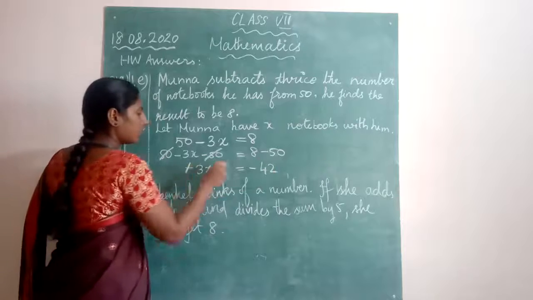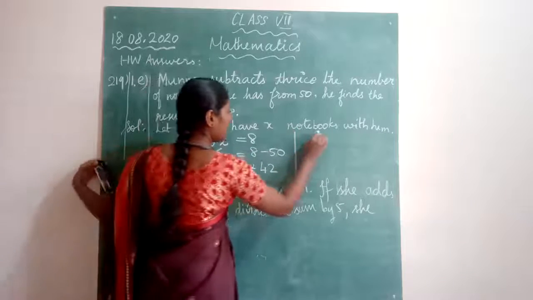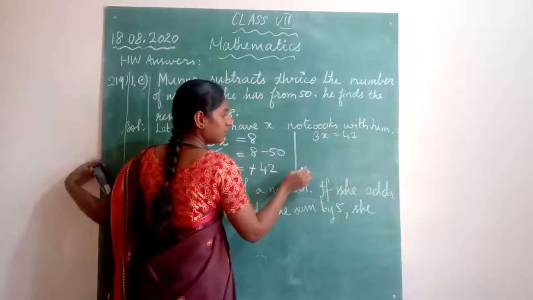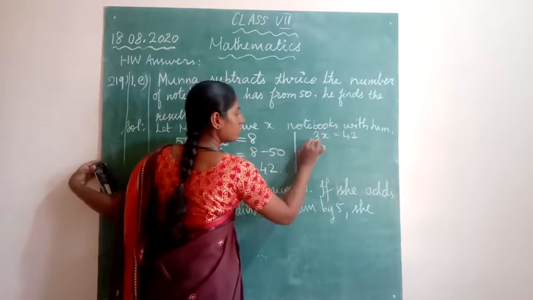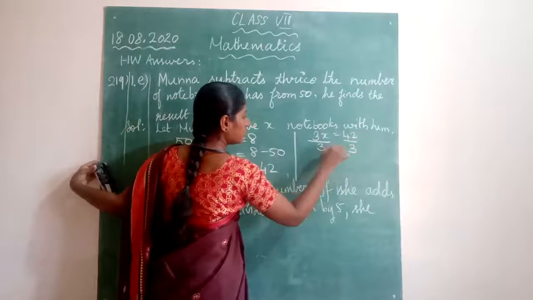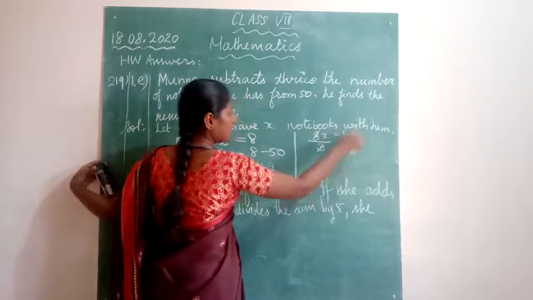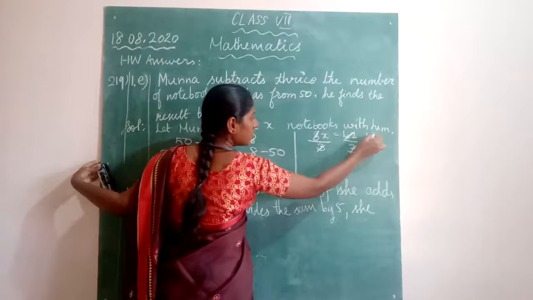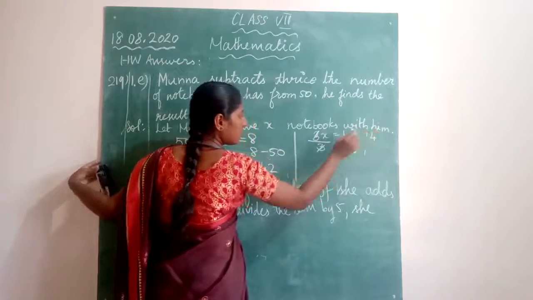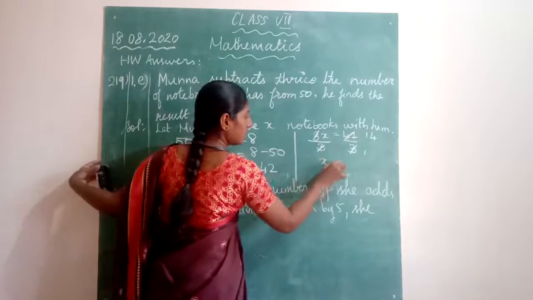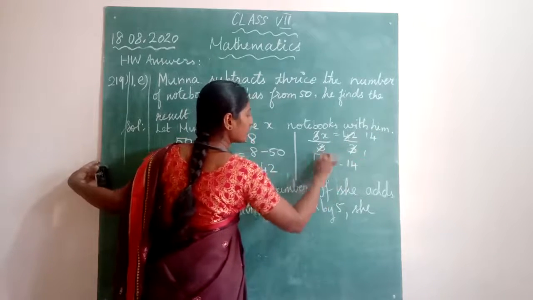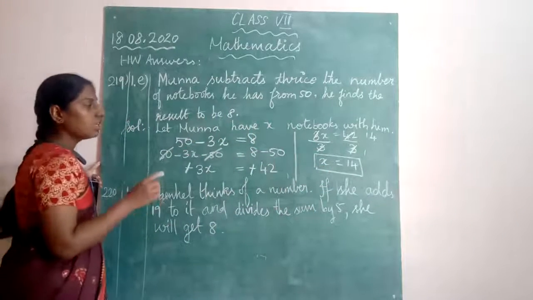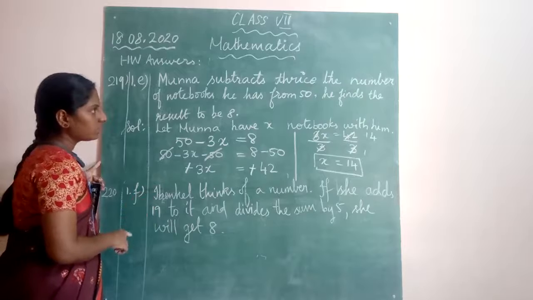So minus and minus will get cancelled and you will have 3x equal to 42. Okay, now you have to divide by 3 only, no, to cancel 3. So divide by 3. So 3 and 3 will get cancelled and 3 ones are 3 and 3 14s are 42. Okay, so x is equal to 14. Is it clear? So Munna is having 14 notebooks with him. Next,